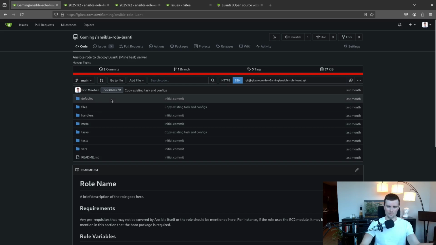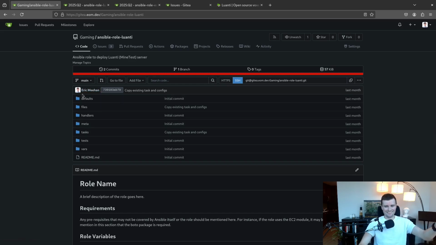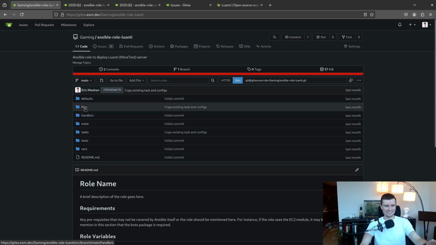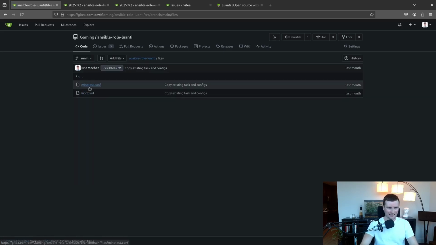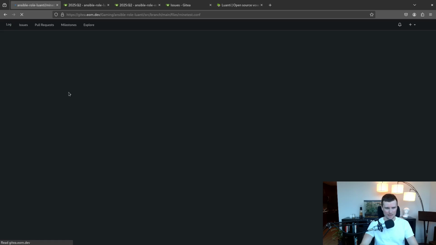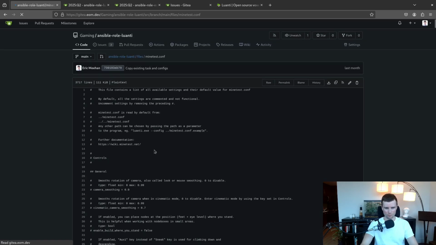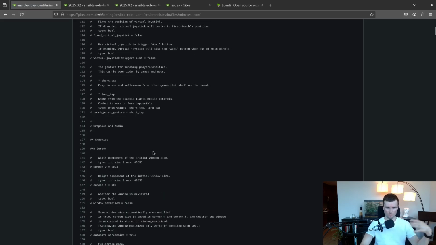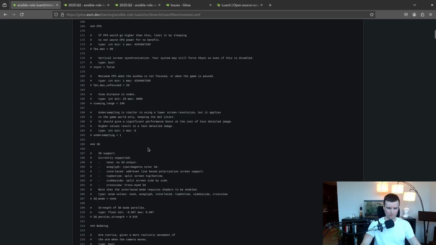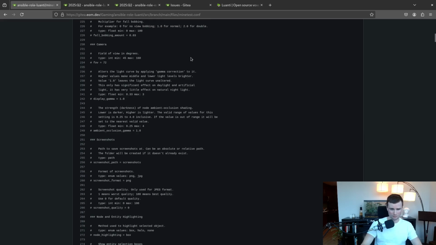So if you haven't used Ansible playbooks before, learn about them. This is not the place for that. Here are the files that are in this Ansible playbook. I believe this is the main config, and this one will pretty much be persistent across worlds, across seasons. I won't change this. Well, there probably will end up being some changes, but generally you're going to have one main config, and that's going to be the same across all of the seasons.